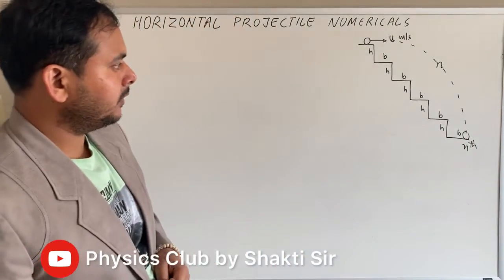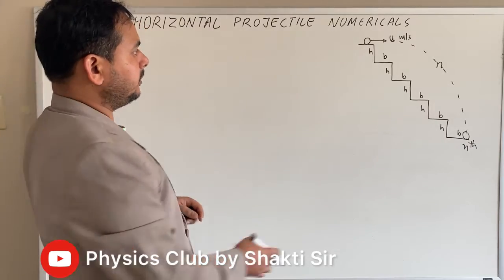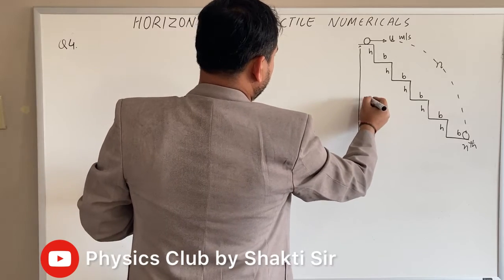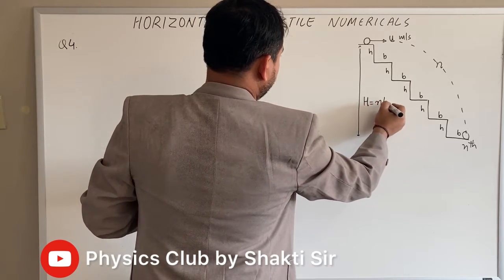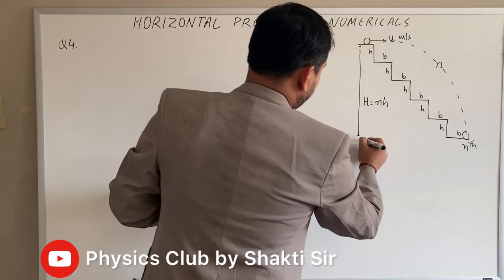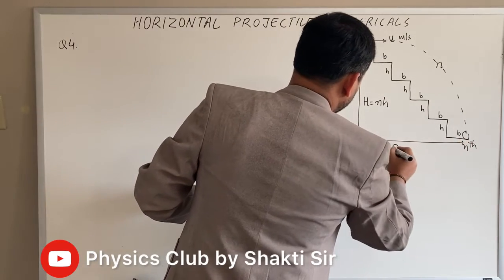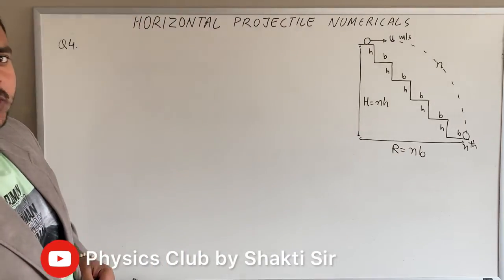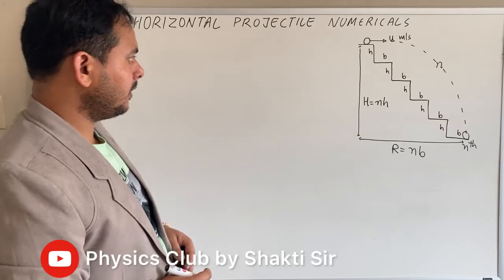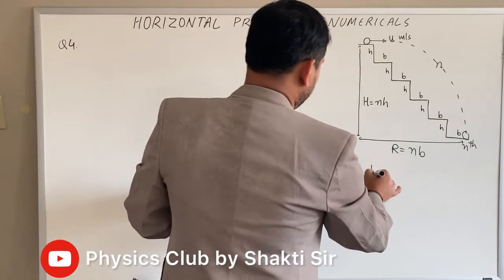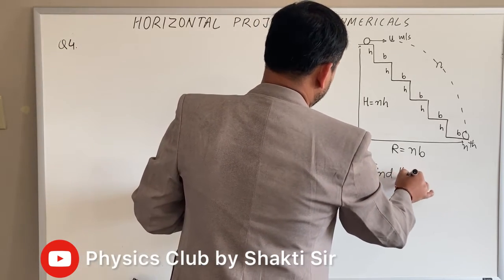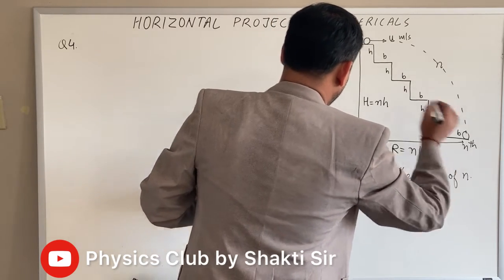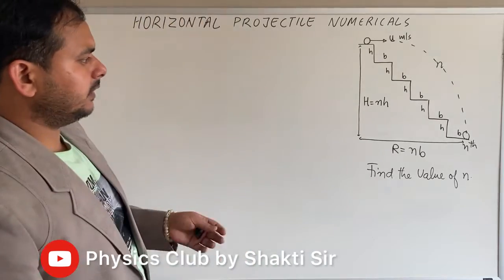step. Okay. So for the nth step, the total height covered by the ball is equal to n times small h, and the total horizontal range r is equal to n times b. Okay, so we need to calculate the value of n. So find the value of n. Again we will start with the